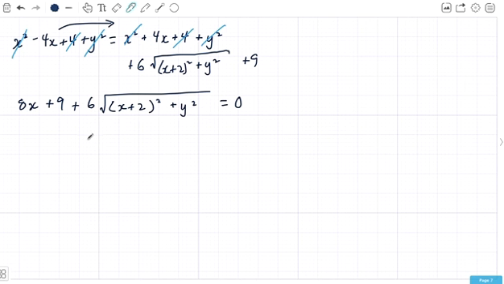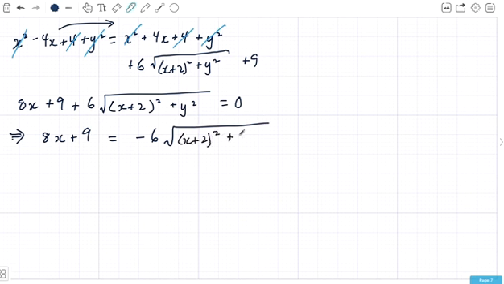Now at this stage, this is where you're going to have to do some clever working. The clever working is again taking that square root, which is just awful, minus 6,